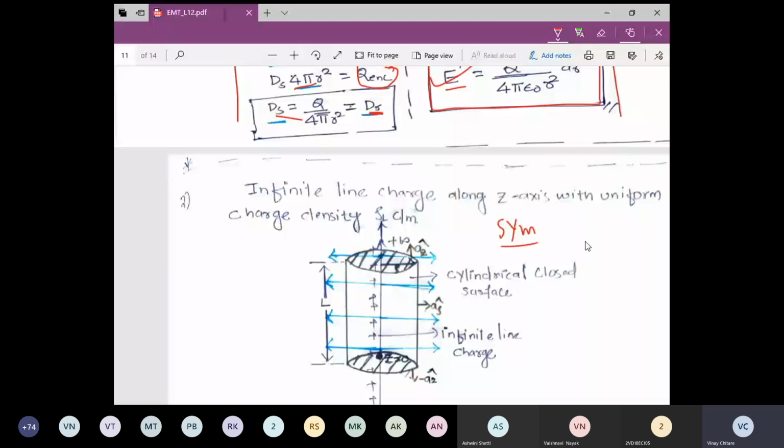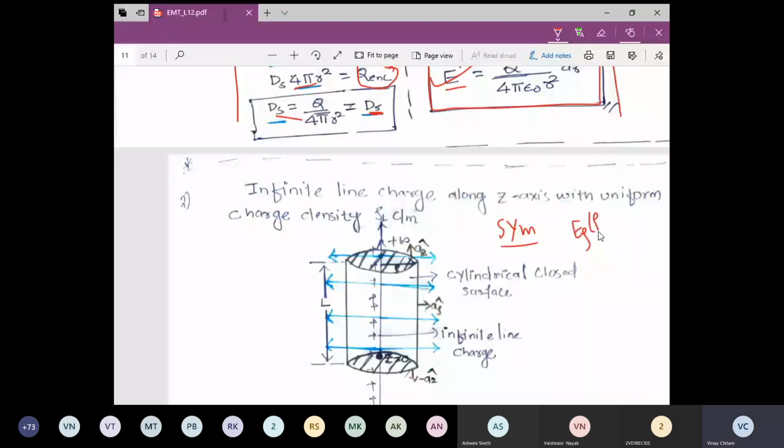And also we have discussed that the E phi component is not present. The only components really present are E rho and E z. Again, by axial symmetry, the z component gets cancelled. So we know that we have only the rho component of electric field, and it is a function of rho alone.